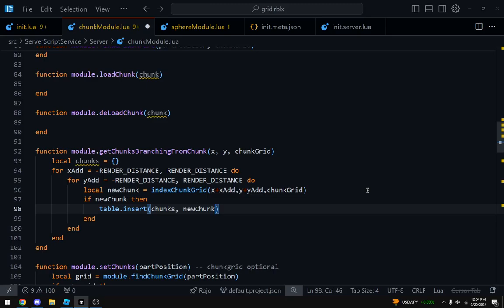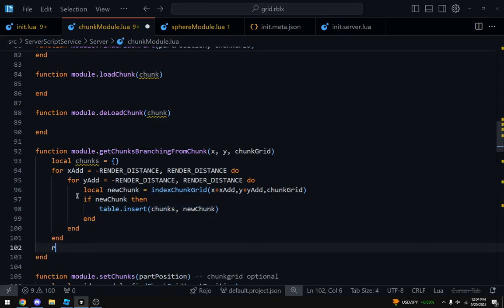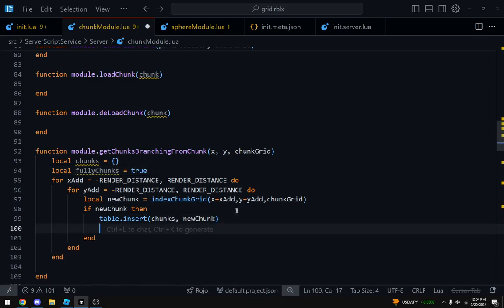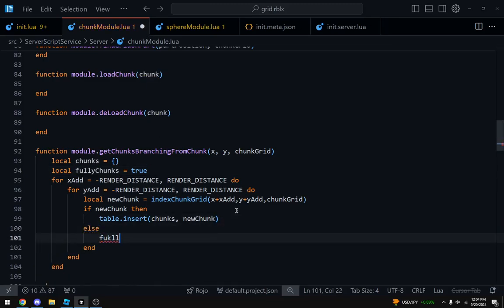So now that we have this new chunk, we can return chunks. And we also want to do another value here, which can make things easier. Local fully chunks equals true by default. However, if we get this, then we'll do fully chunks equals false.